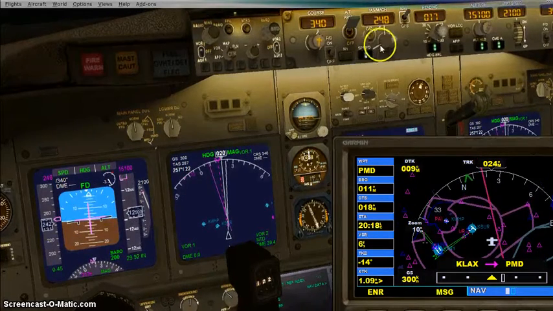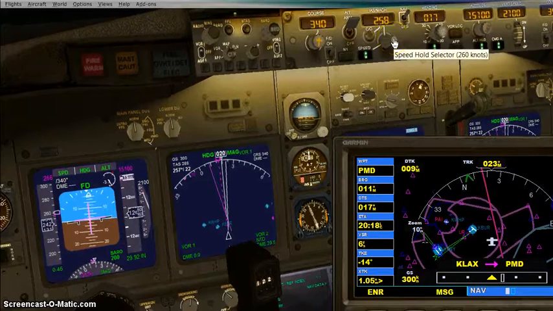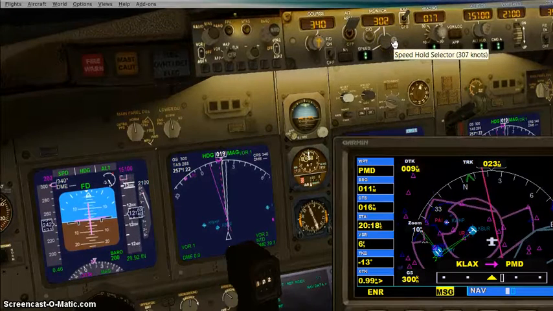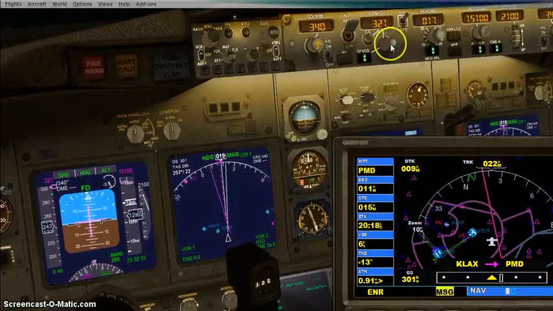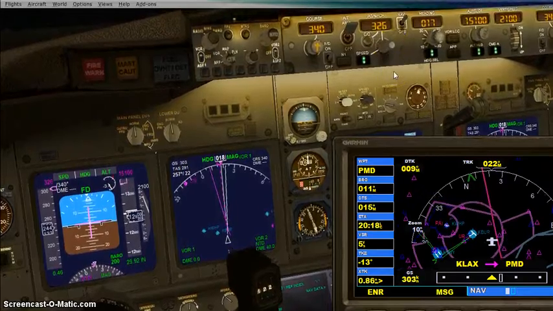Going 240, we can actually go faster now since we're over 10,000. And the airplane won't get mad at us. No, I never did put my flaps